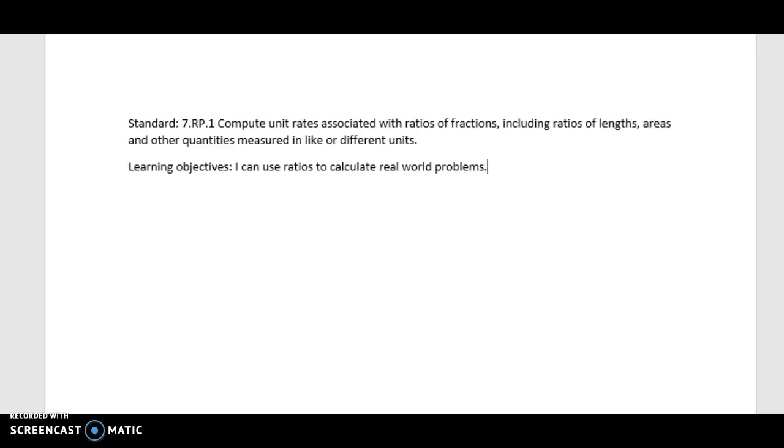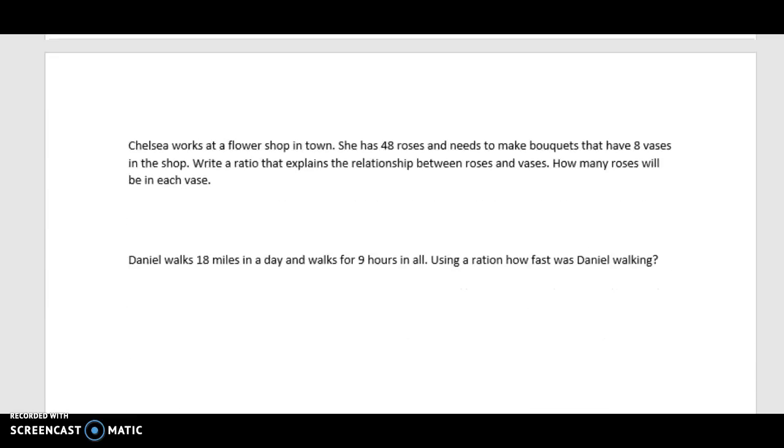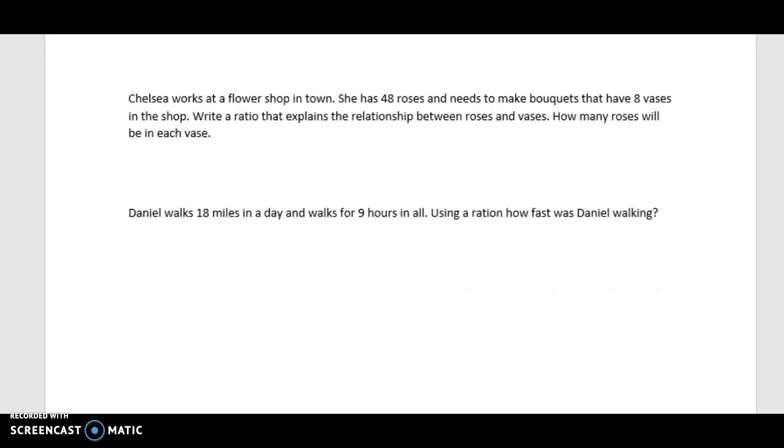So our learning objective today is going to be I can use ratios to calculate real world problems. So we're going to scroll down here. We have a couple of problems that we're going to work out and see if we can use these ratios